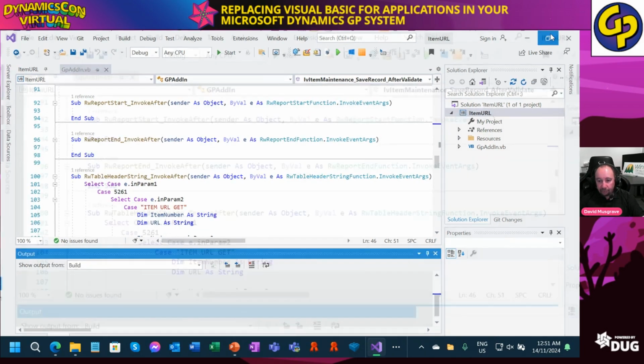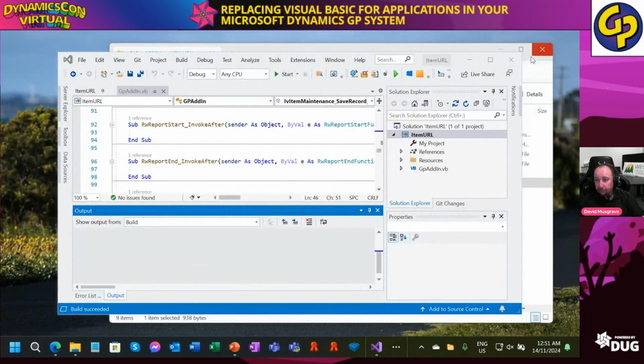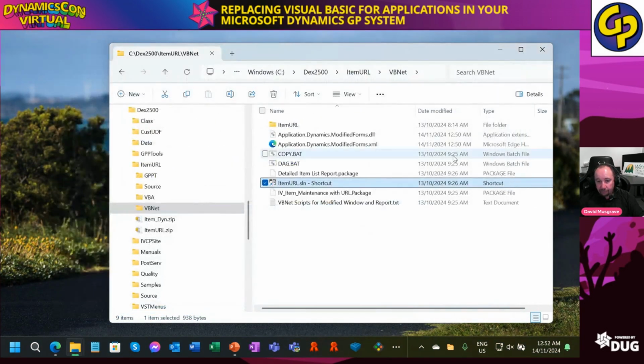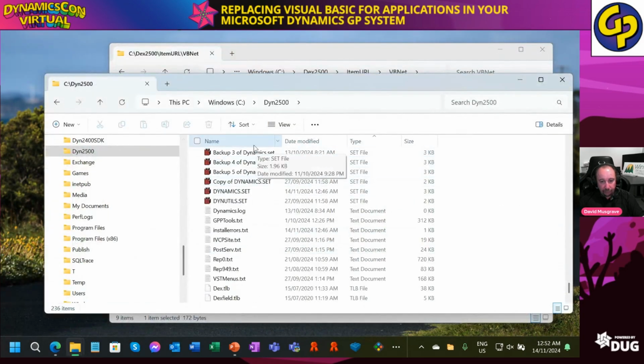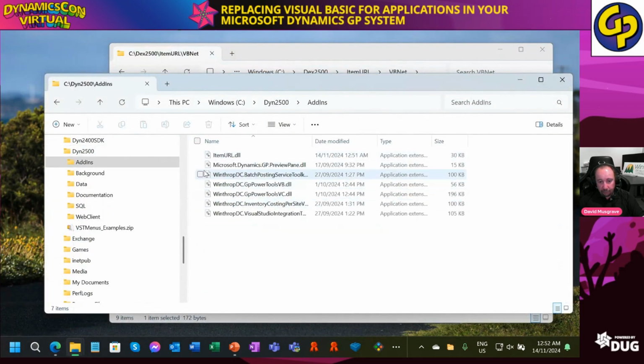Okay, we're not seeing the whole window. Build succeeded. All right, so I can close that. I can copy. So that is now copied the DLL into the add-ins folder. So that there is my custom code. So now when I launch GP,